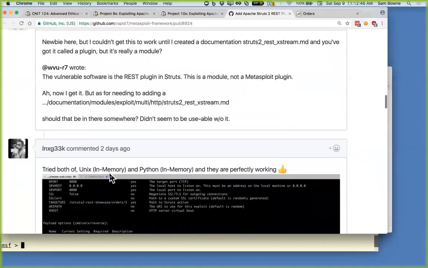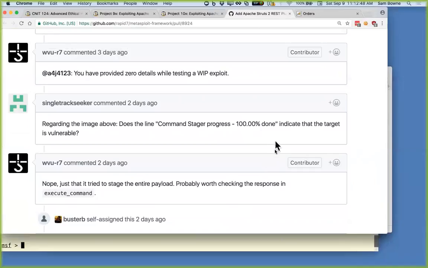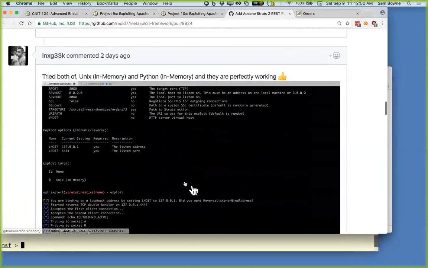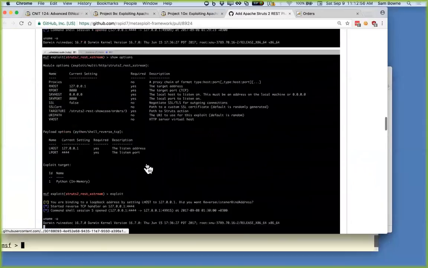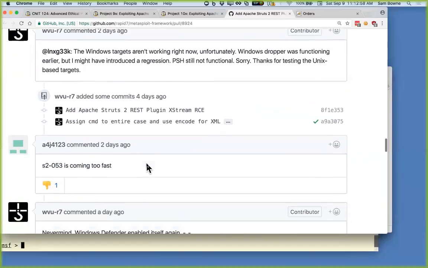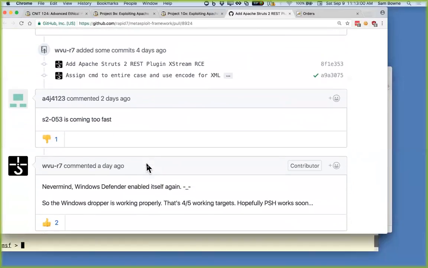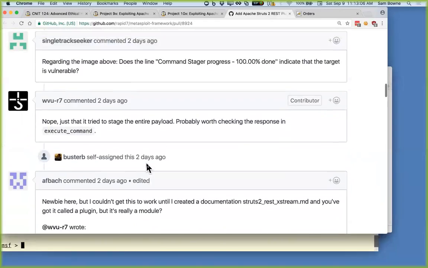Then somebody else said he had to make a strange file to make it work. Then this guy had pictures of him, both in memory and Python in memory, and they are perfectly working. And then the conversation seemed to sort of die after that point. So I tried it, I couldn't make it work. But when I went back the next day after a good night's sleep, I noticed what I had skipped over here,